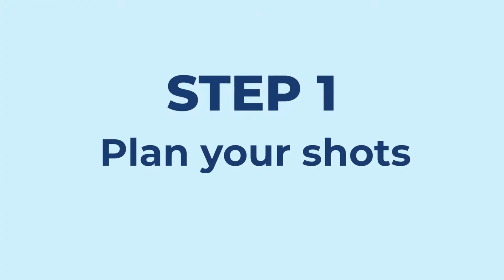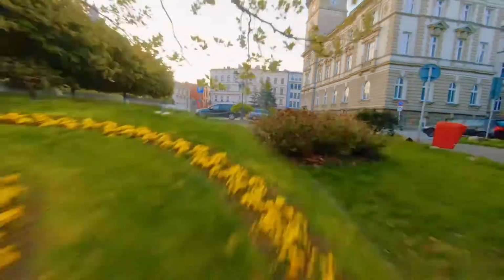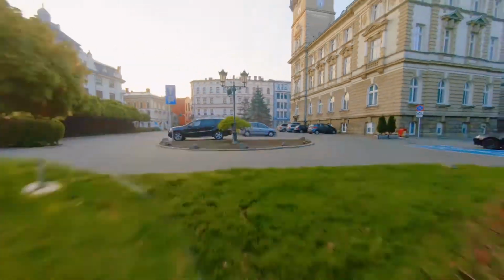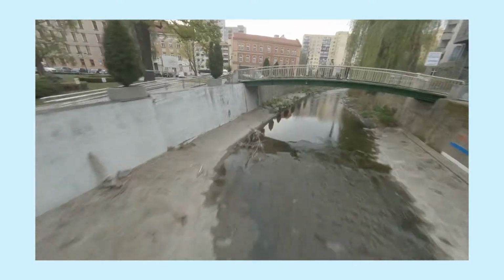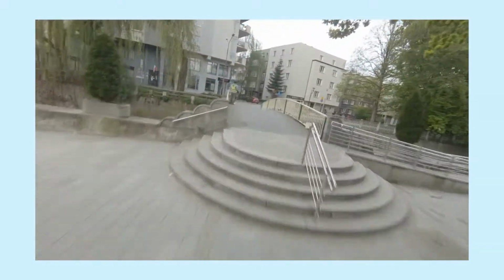The first step for shooting a flow motion sequence is to plan your shot. Sometimes it's possible to add the transition entirely in post-production and it will look nice, but it's a lottery. For example, in this sequence only one transition wasn't planned and I figured it out in post, and it's this one. I had a slightly different idea for that, but in post I figured out that it doesn't work, so I was looking for an alternative. This wasn't even a shot that was planned, I was just getting back from my previous shot and I wanted to record something nice. If you want your whole film to be seamless, planning is essential.